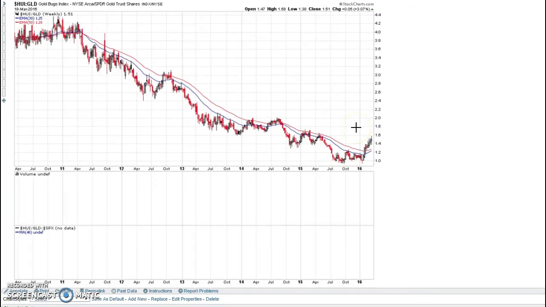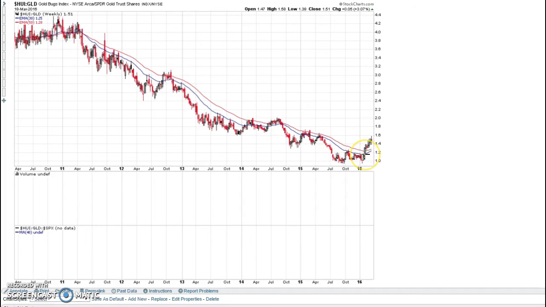Now, the HUI to gold ratio is important because this ratio shows when gold stocks are outperforming or underperforming gold. And this ratio actually gave a good signal as far as the gold market breaking down in mid 2011 and starting up a new bear market. You can see that the ratio broke down here before gold actually topped in September 2011 and continued lower ever since, with some fake stage 2 rallies up to the resistance, but they always failed, and the bear market continued